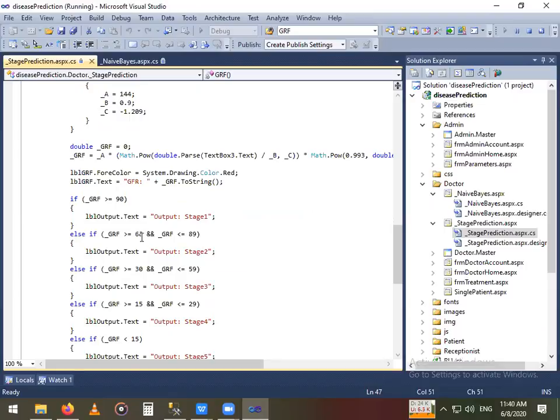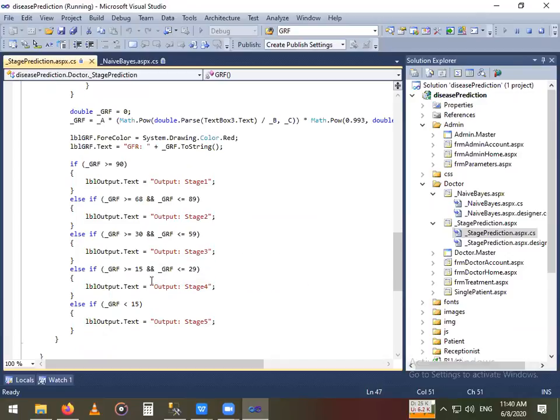If the GFR is between 68 and 89, it is stage 2. If the GFR is between 30 and 59, it is stage 3. If it is between 15 and 29, stage 4. And if it is less than 15, it is the final stage of CKD, that is kidney failure, with less chances of longer survival of the patient.